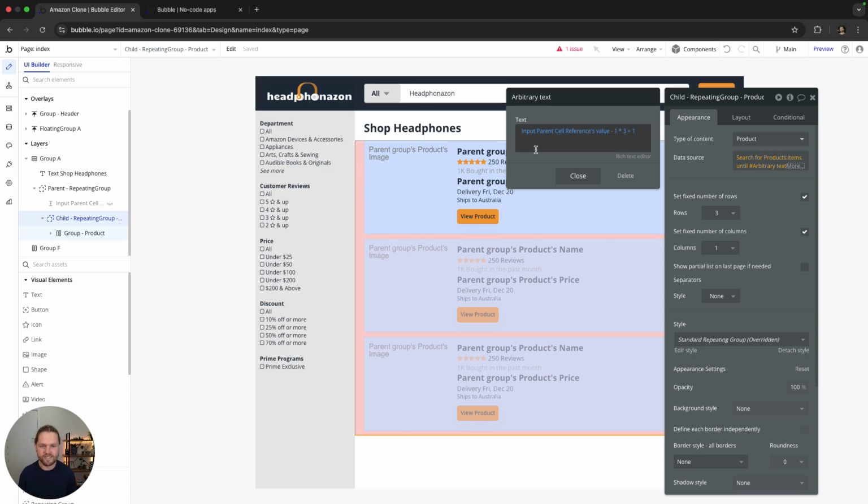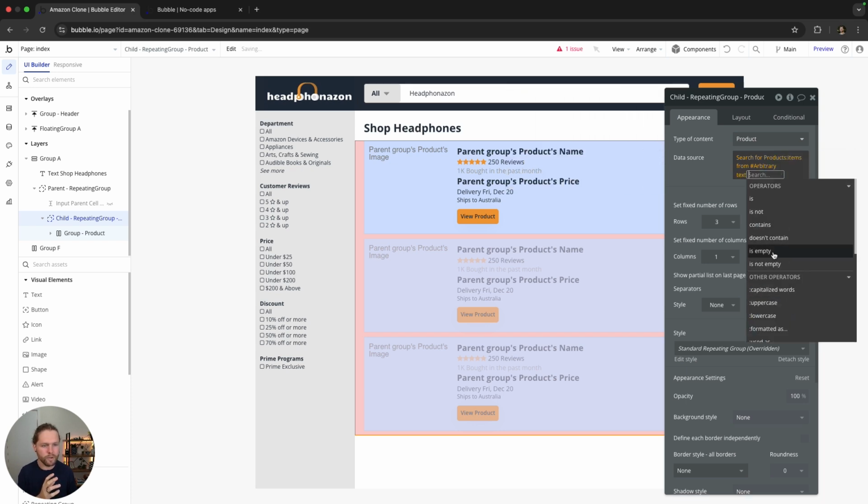So in the first cell, let's do some quick maths. The first cell in our parent repeating group will be replaced with number 1. We are minusing 1, which is 0, multiplied by 3, which again is 0, plus 1 is 1. Let's jump ahead to our third parent group cell. Hopefully we're going to end with number 7. We're going to have 3 minus 1, which is 2, times 3 equals 6, plus 1 is 7. Let's jump ahead to our fourth, which should be, I think, number 13. So 4 minus 1 is 3, times 3, actually it's 10. The fifth one is 10. So just trust me, this is the items